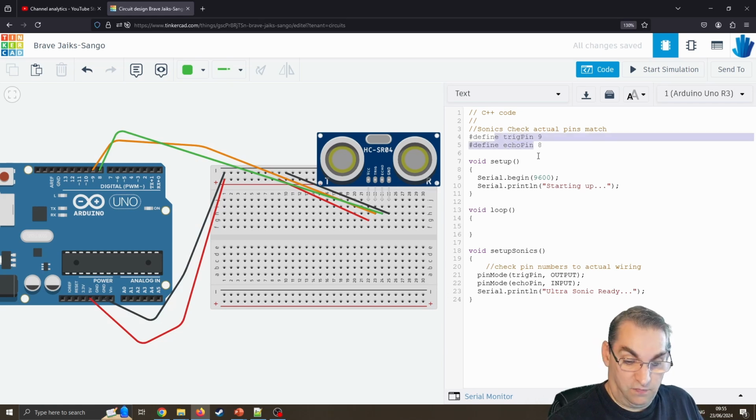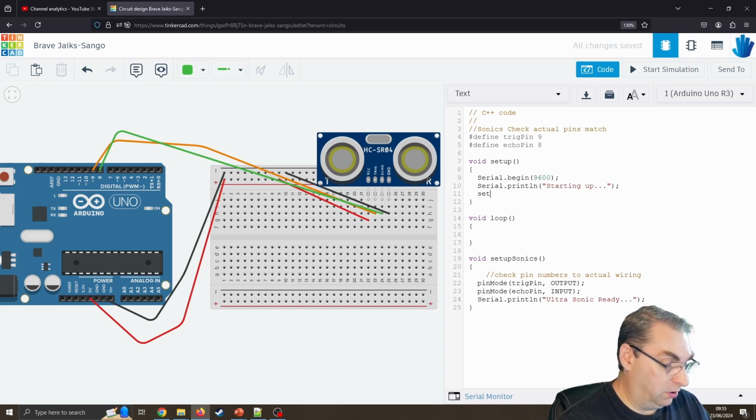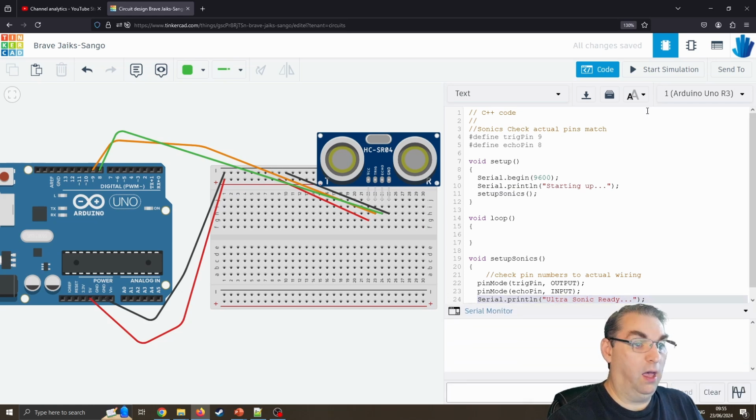If you change this over to say one of these boards, then we'd need to change the pins again because this doesn't have a pin 8 and 9. So I've got the setup. Inside setup, I'm now going to make sure I call the function setupSonics. When it reads that line, it will call setupSonics and initialize it, and it will output the print. So if I was just to pop up serial monitor now and press run,